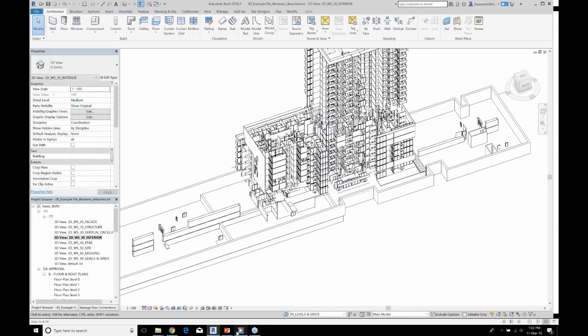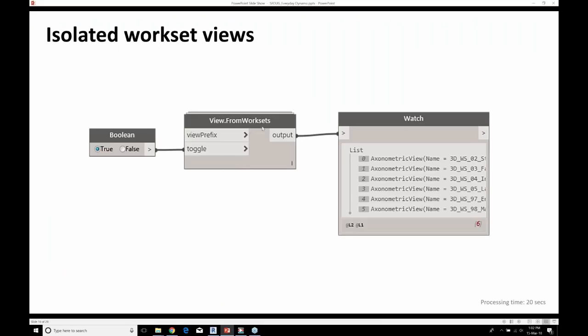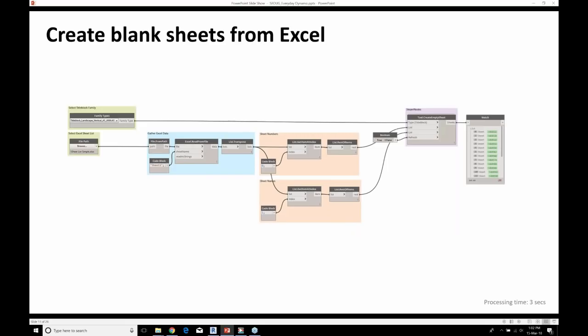So that's all done. If we jump forward, the next thing we're going to do is create blank sheets from Excel. As I mentioned earlier, creating sheets is a hot topic. People want to know how to do this.